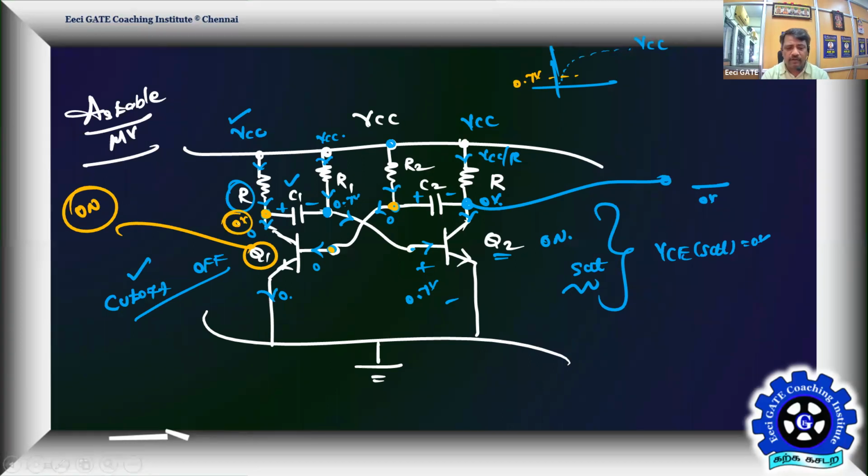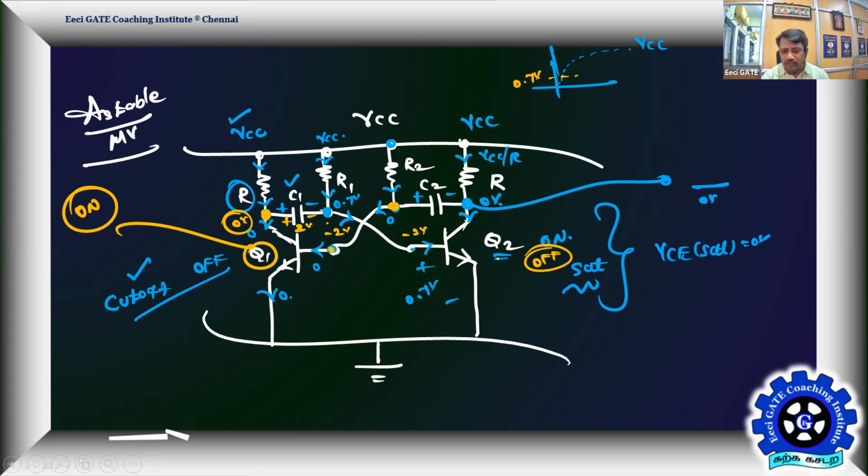So this potential is brought down to 0, and already some positive potential will be here, say around 2 volt positive, because this has been charging. Assuming already a built-up charge of 2 volt, this point will now become -2 volt. Minus means it is going to immediately turn off. So Q2 will be triggered to off condition because of C2 charging. C2 charging forces Q1 to turn on and Q2 to turn off.